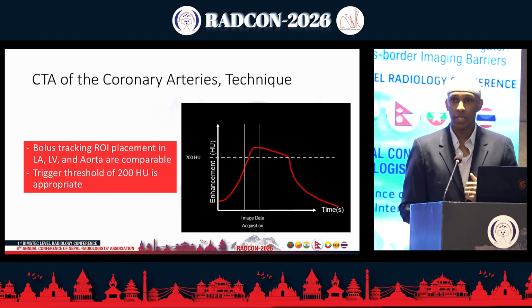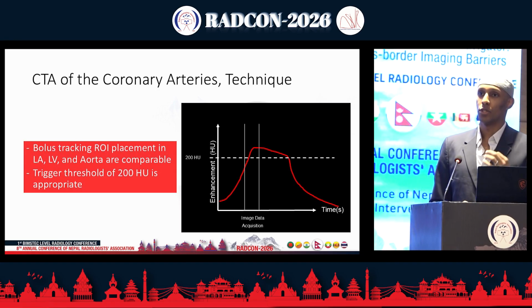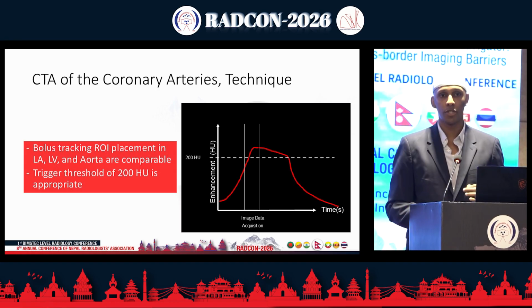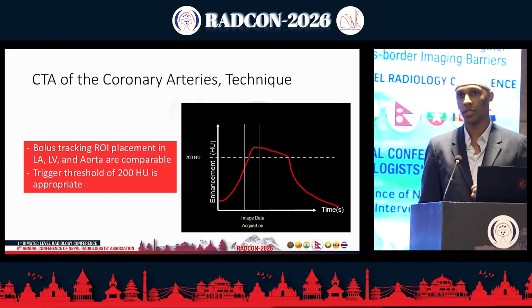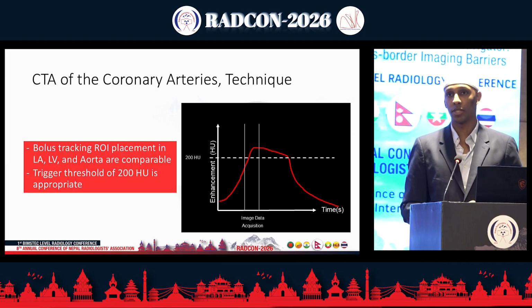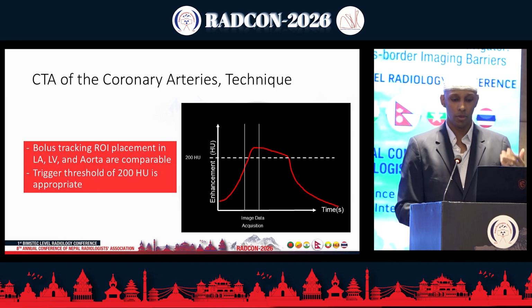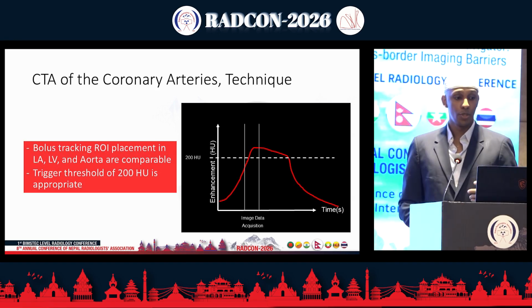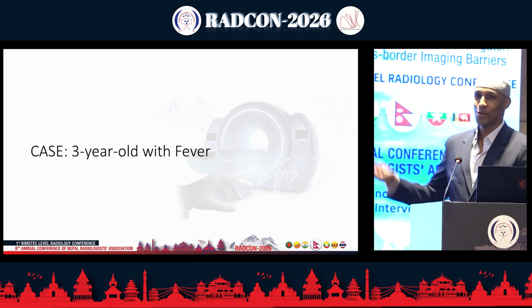And finally, for the technique, you have to place your region of interest for your bolus tracking for the structures that you want to image. So if you're looking at the coronary arteries, you can place your region of interest in the ascending aorta or the LV. So that brings us to the case that I wanted to show you,